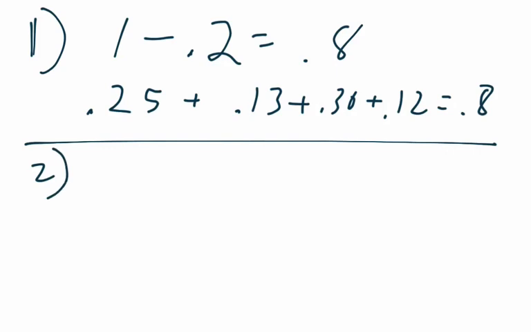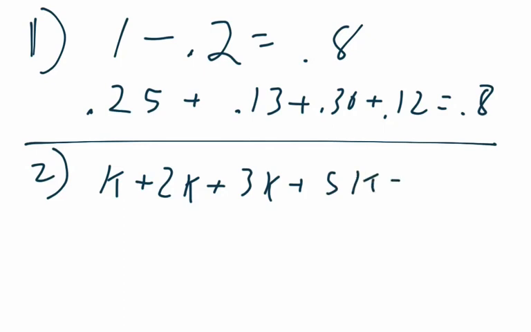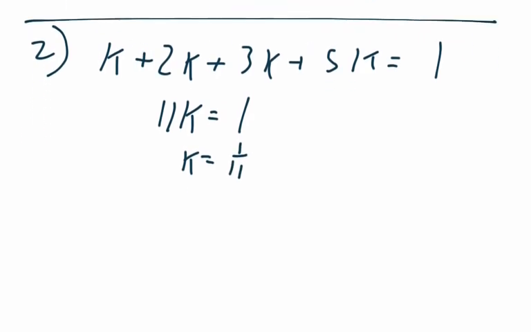For problem number 2, we need to take all of the k's we have and set them equal to 1. So, it turns out that 11k equals 1, which means k is equal to 1 over 11. Now,